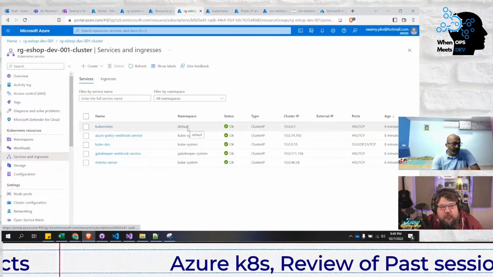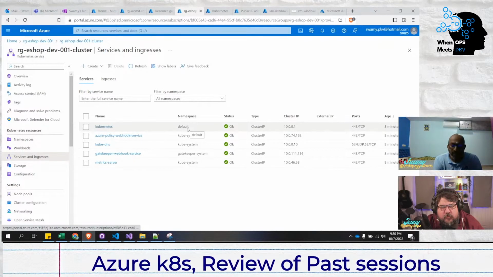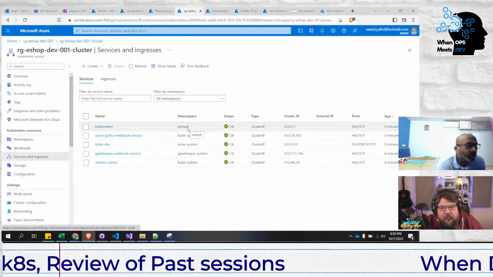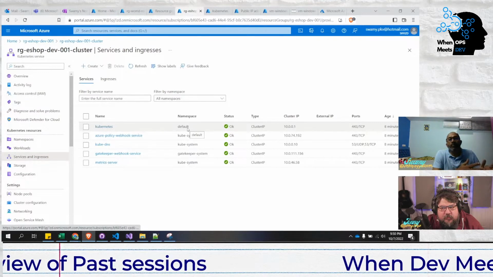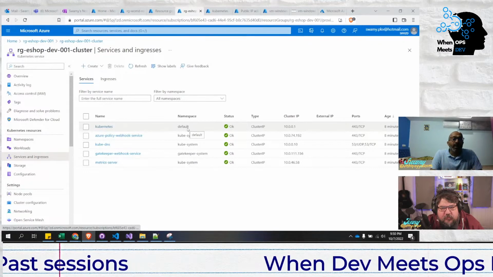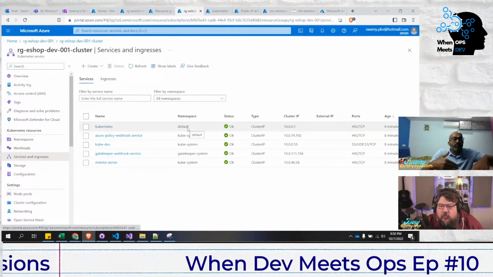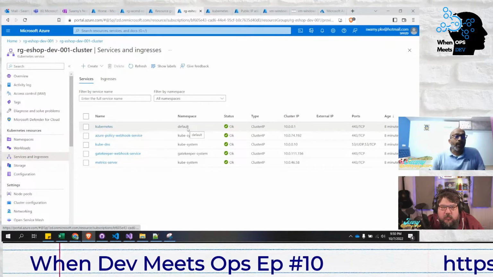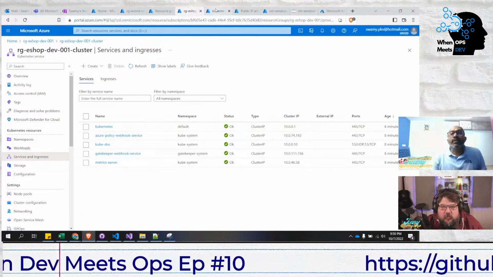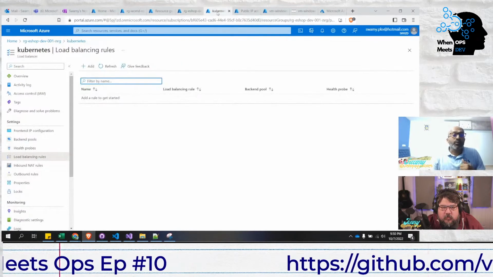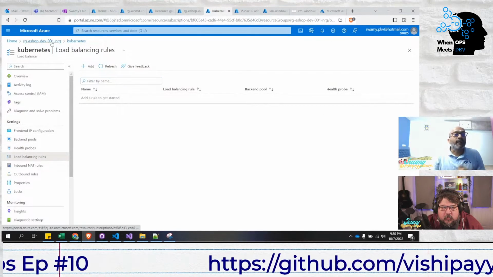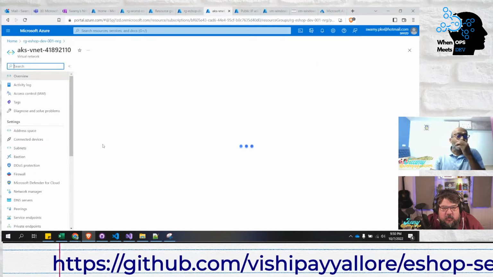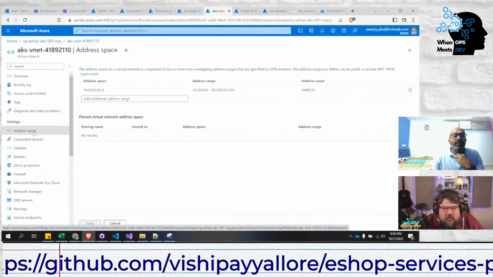Even 2 to 3 more microservices, we'll put in the default system, or we might put them in a separate namespace, and we are not going to differentiate or put them into a separate virtual network. We'll see that virtual network for 1 minute and then come back, as I want to show you one very important thing. So we have the virtual network,